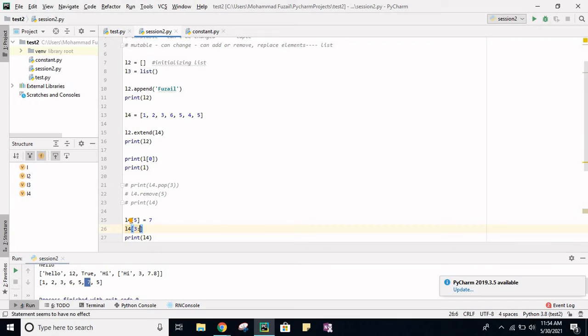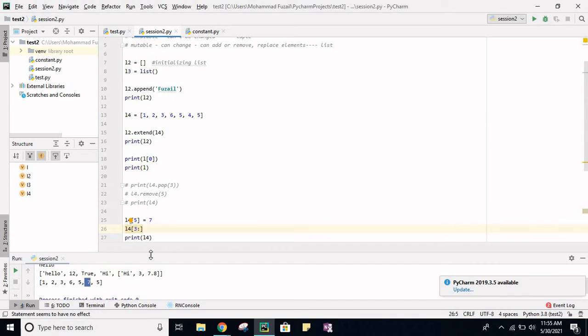Now you have to pass the end index plus 1. So you have to replace this 6, 5 and 4. Since 6 has an index of 3, and the last element which you want to replace, 4, has index 5. Sorry, yes, see this one, this 4 will have index 5.